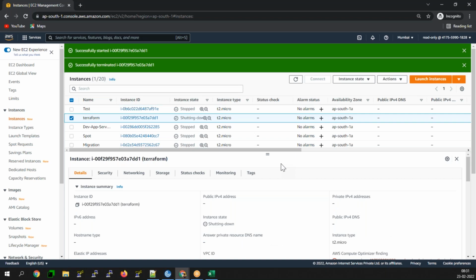Similarly, I can also terminate the respective instances. This is one of the main advantages for restricting your access to the specific resources.